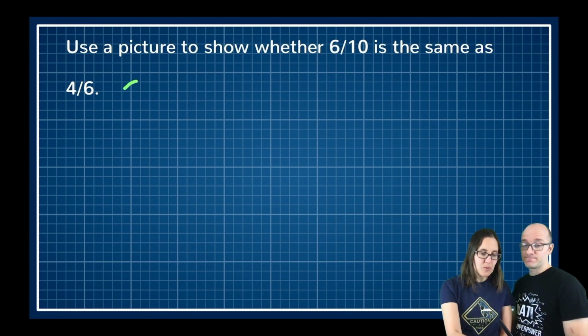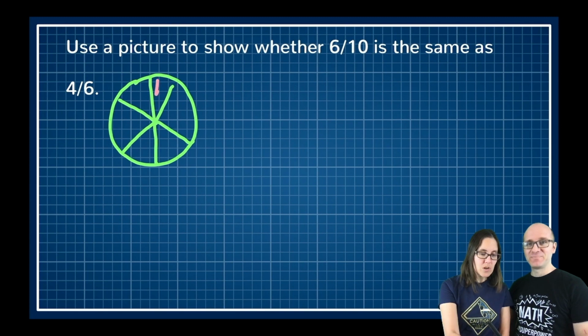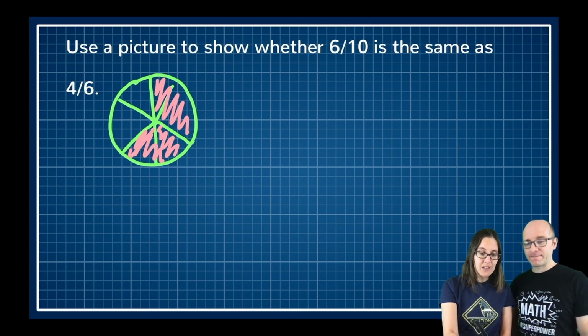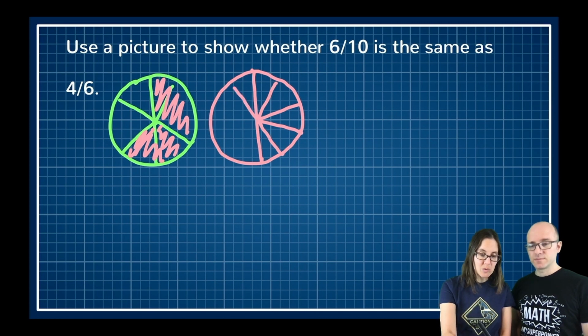All right, so if I approach this by drawing pizza slices, I can cut a pizza in half and then divide this into 3 pieces and that into 3 pieces. That's 6 total pizza slices. 1, 2, 3, 4. Okay. There's 4/6. Now I can do the same thing with 10 pieces, but this is a little bit trickier. If I divide it in half, I have to divide each of these halves into 5 equal pieces. That's right. 1, 2, 3, 4. That almost looks equal.